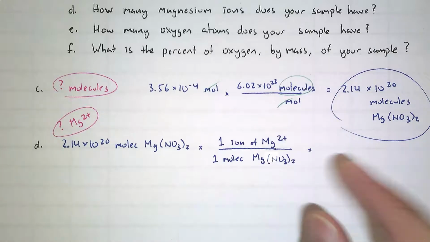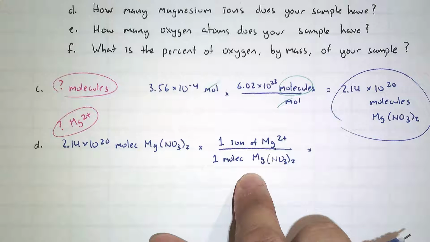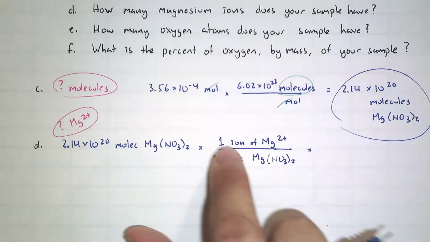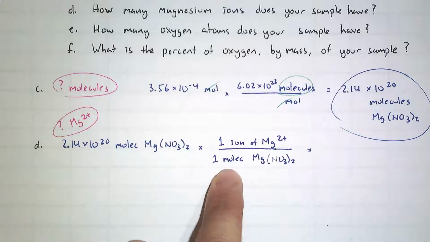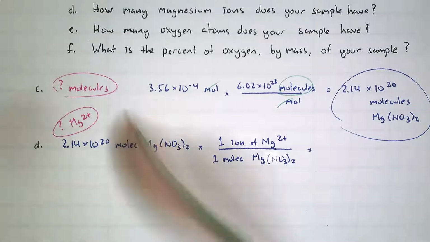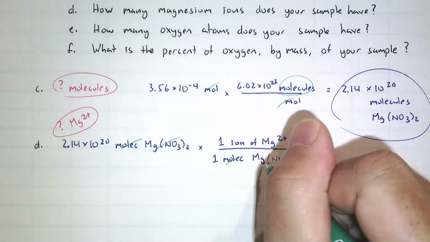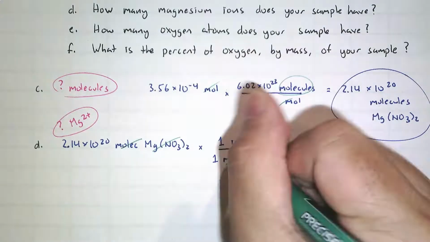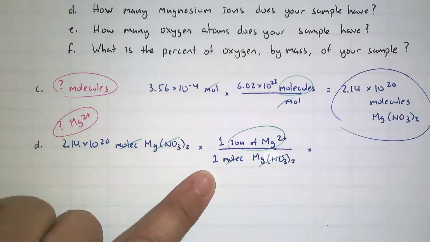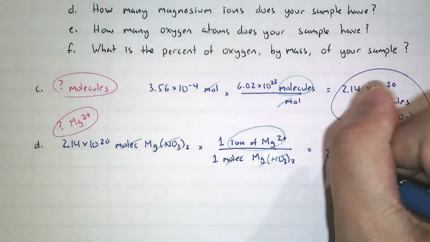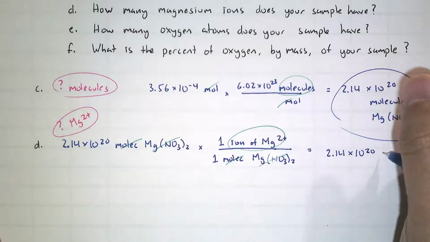Now, some of you who have done this or remember doing this in high school could even say the ratio is still 1 to 1. So you could say 1 mole of this and 1 mole of Mg2 plus. The thing is, I like to use molecule because literally I am canceling out the word molecule. And I'm left with ions of Mg2 plus. It's just multiplied by 1. So I have 2.14 times 10 to the 20 ions